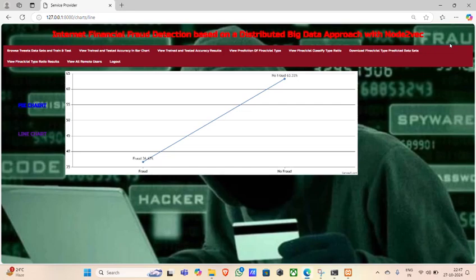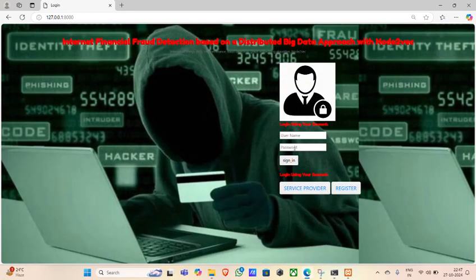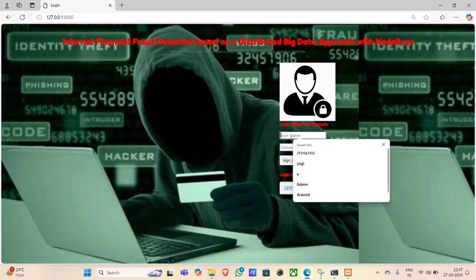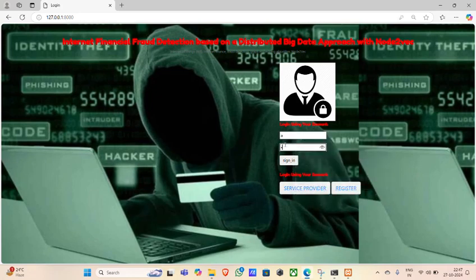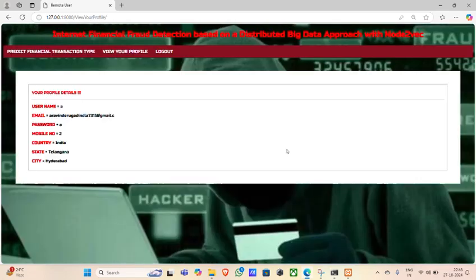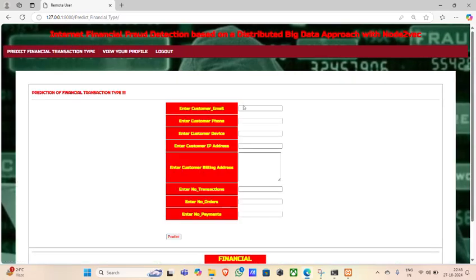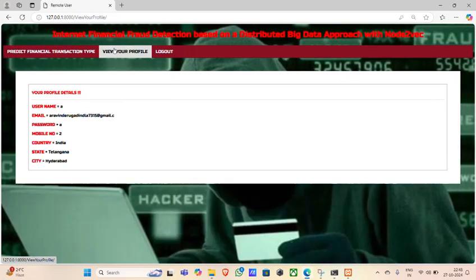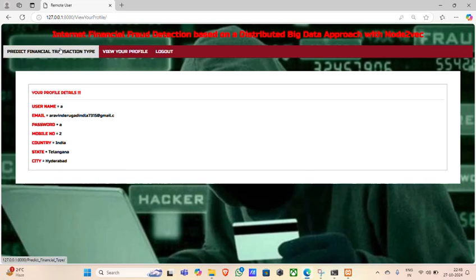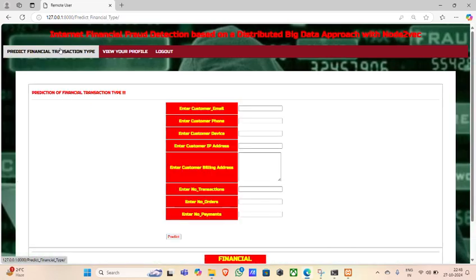To know that, we need to log in with user details, and we can check his financial transaction type. On view profile, we can see all the login details and user details of a user. To predict the financial transaction type, you need to enter the details of a transaction like email address, phone number,